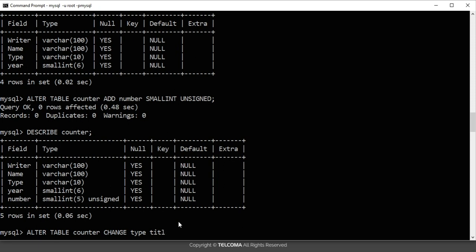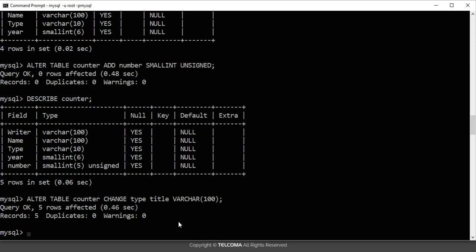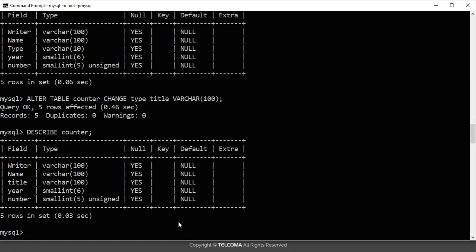And I represent here its data type, and with the data type I'm adding 100 characters. So now press semicolon. So here you can see these rows are affected. To see it, describe counter, and you can see that it's showing,